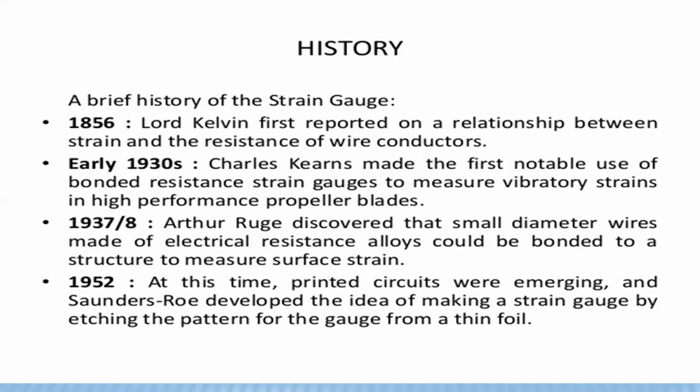If a force is acting on that body, that mechanical force is converted into electrical resistance. The electrical resistance is developed by using one instrument, and that particular instrument is called a strain gauge. The mechanical forces are acting on the body, and we place a strain gauge. The mechanical forces are taken up by the strain gauge, and it develops electrical resistance. So that relation was discovered in 1856 by Lord Kelvin.